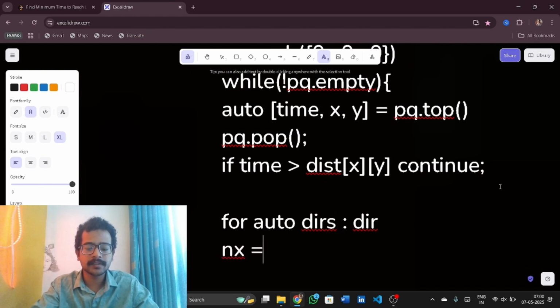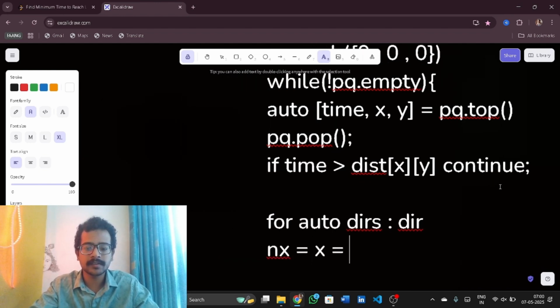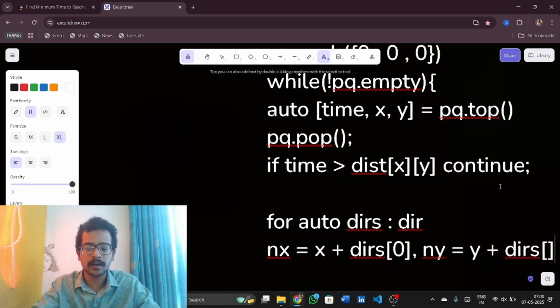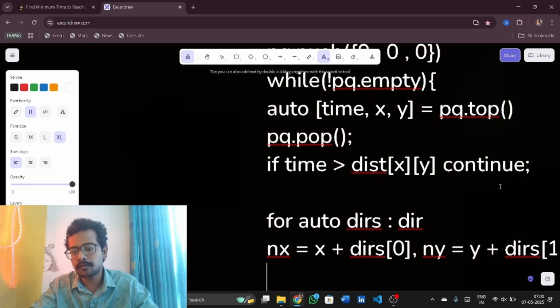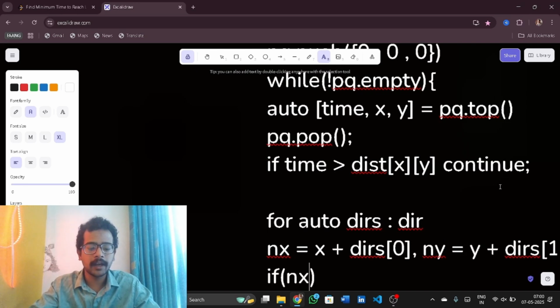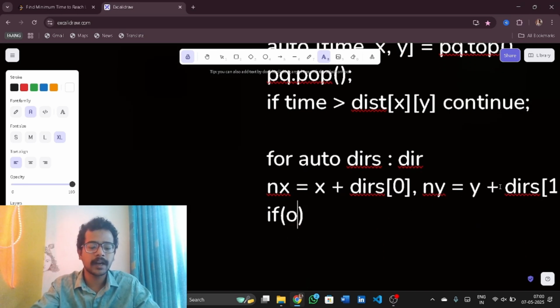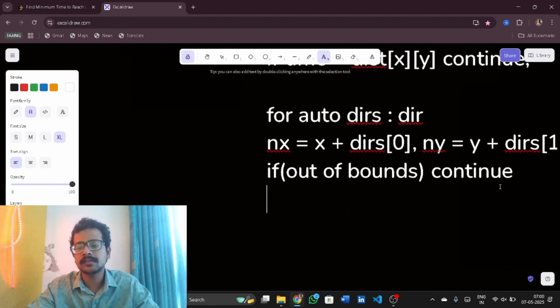So nx is equal to x plus dirs of 0, and ny is equal to y plus dirs of 1. So if nx or ny is out of bounds, then continue. That means I am just skipping. Now if it is out of bounds, I am continuing. But if it is not,